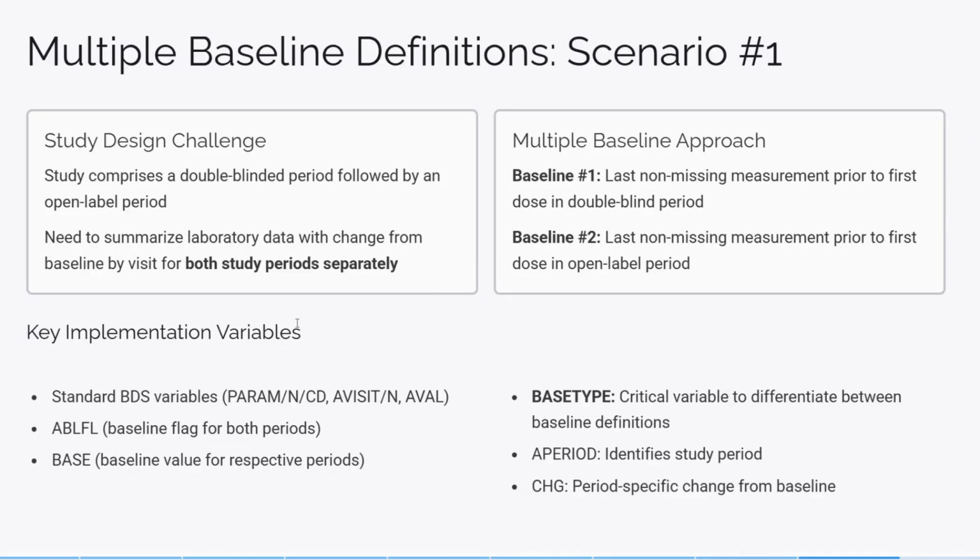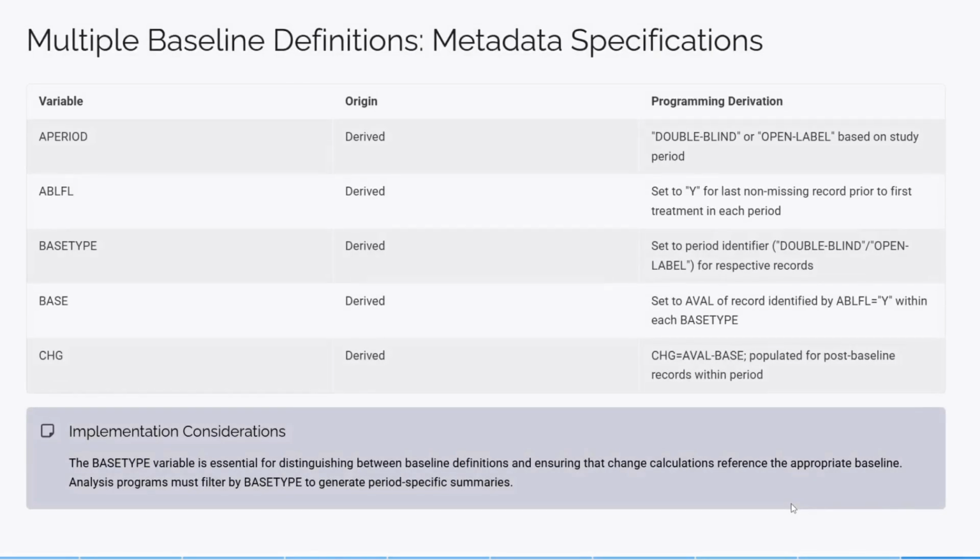So the key implementation variables: the standard BDS variables, so PARAM, and the analysis baseline flag for both periods and the baseline value for the respective periods. And BASETYPE is a critical variable to differentiate between the baseline definitions. And a period variable identifies the study period, with period-specific change from baseline. So these are the key implementation variables. And this is an example metadata specification. So you'll have analysis period, ABLFL, BASETYPE, BASE, CHG, and how we derive these. Okay. So the